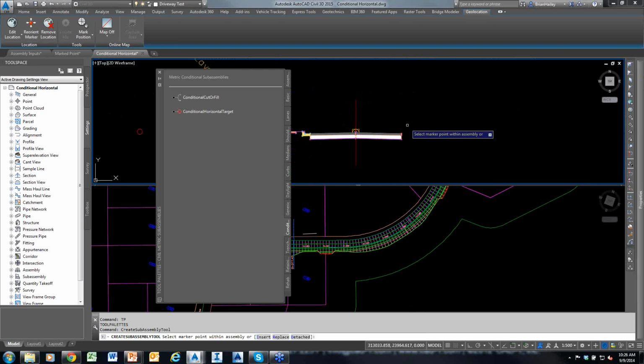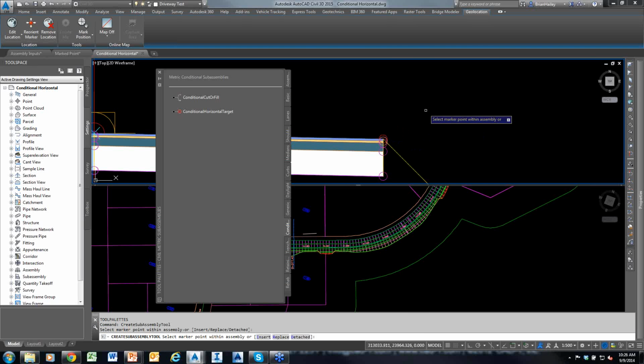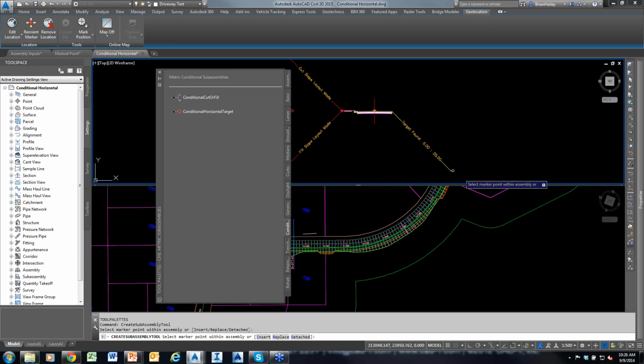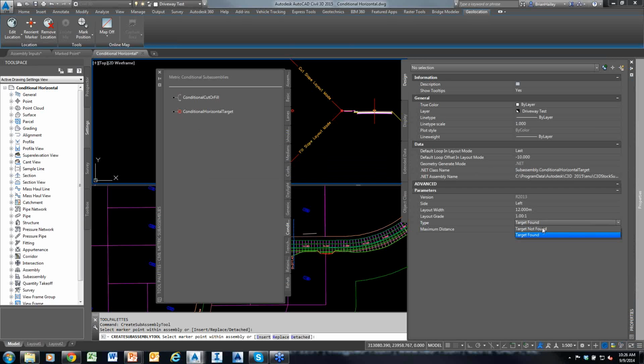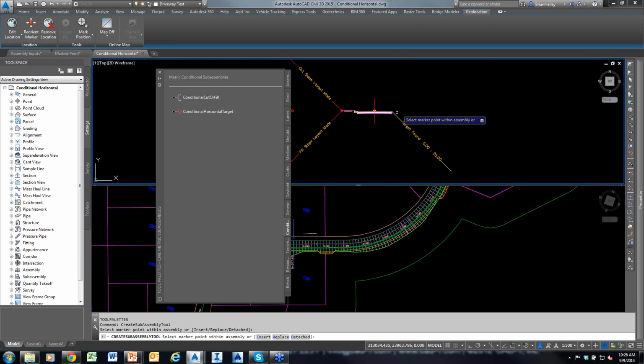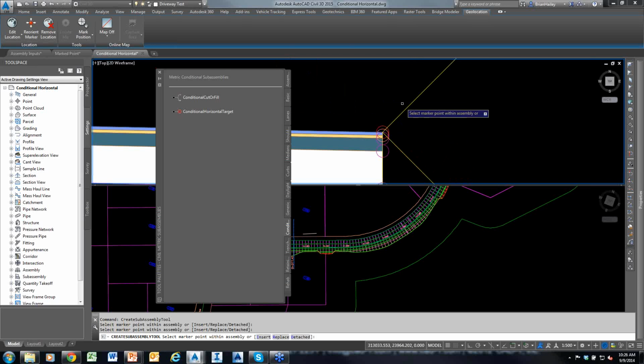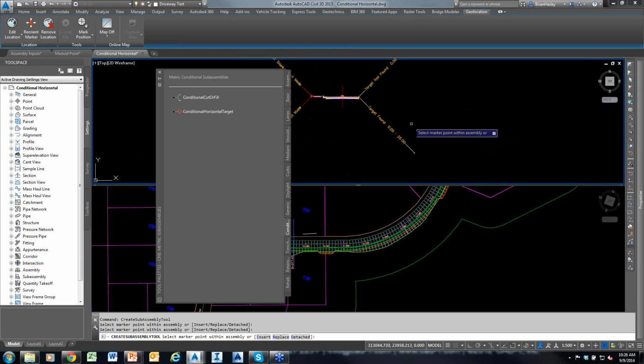And I'll attach that to my edge of asphalt. You can see what it did is it just put in this connector. That's all this is. It's just a connector. So if the target is found, do whatever is here. Now I'm going to put in another one, and I'm going to change this to target not found. Attach it at the same point. So now I have a condition where the target is found, and a condition where the target is